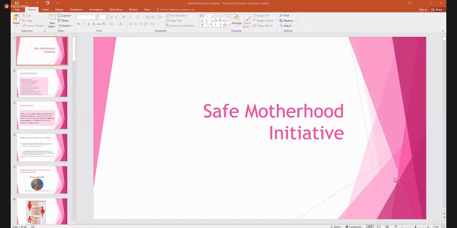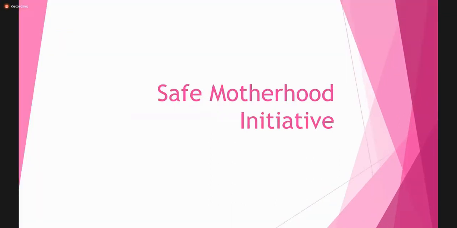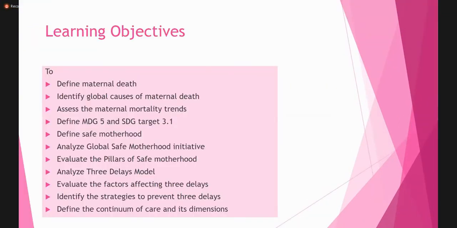So the learning objectives for today's lecture are: we'll give the definition of maternal death, then identify the global causes of maternal death, and we'll assess the maternal mortality trends globally, and we'll be defining the Millennium Development Goal number 5, and then the Sustainable Development Goal and the target, which is related to the safe